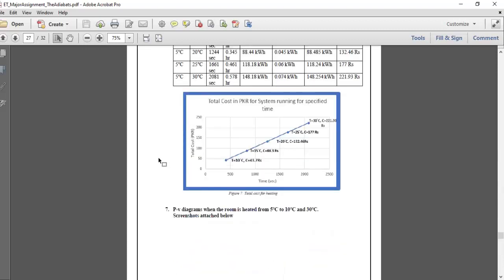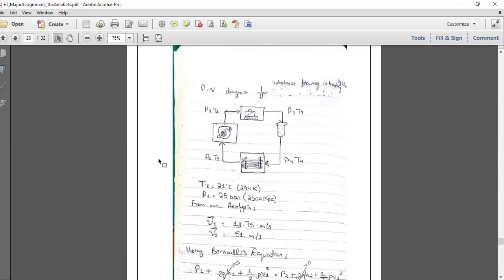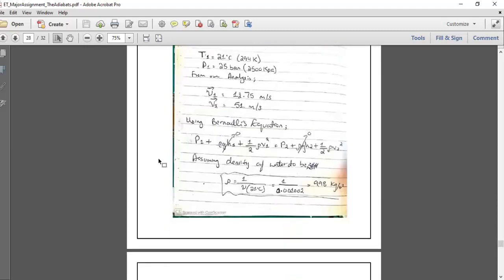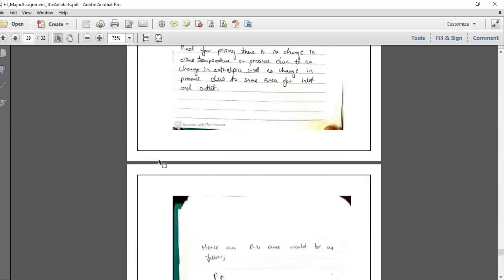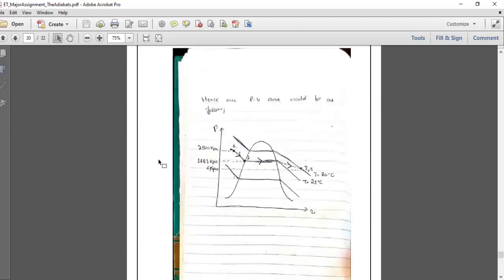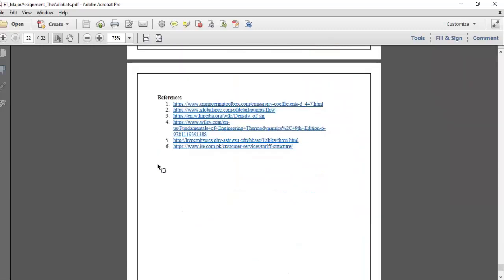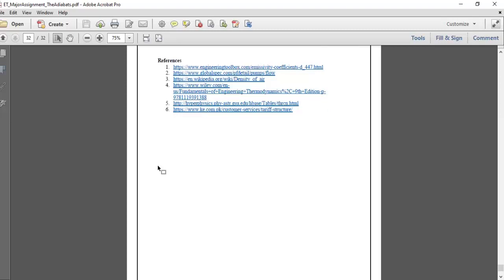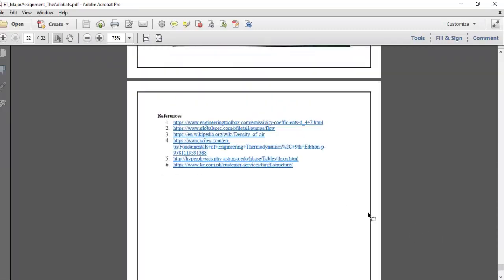And we were also required to draw the PV curve for our system, which we did by considering the final temperature and the initial temperature and pressures of our system from our analysis, and then simply came up with the curve. Right, so this is for our presentation. We have also added the references for the assumption values and data used. The mathematical details of our analysis can be found in the document again.